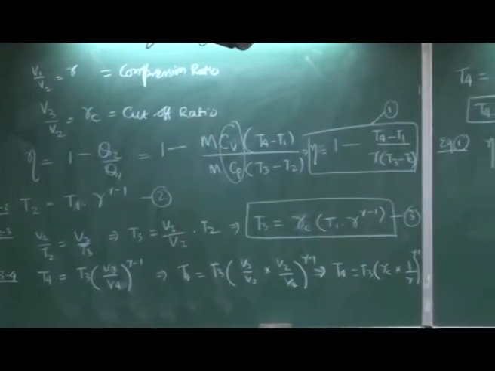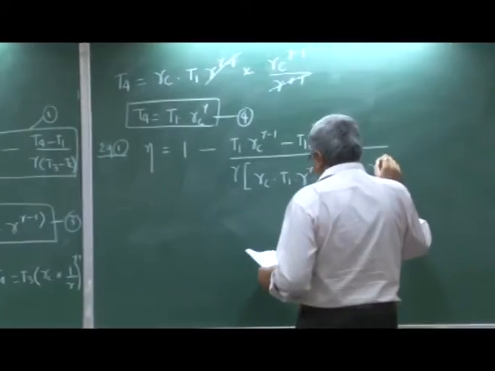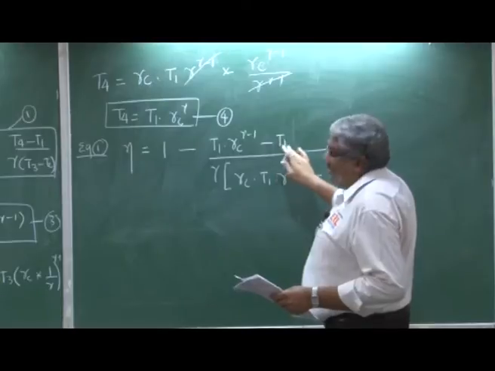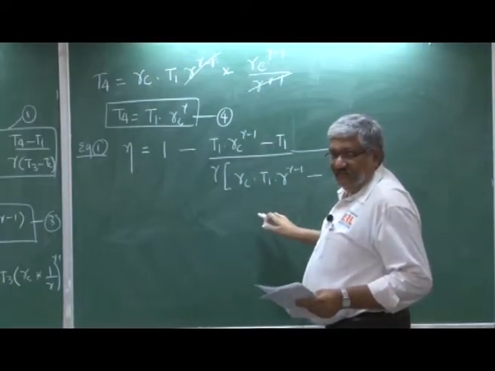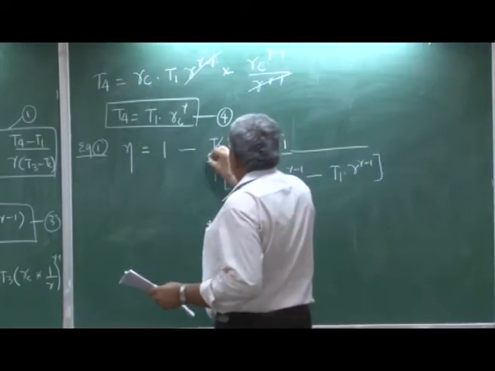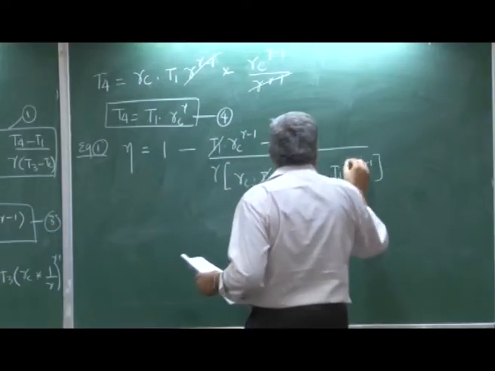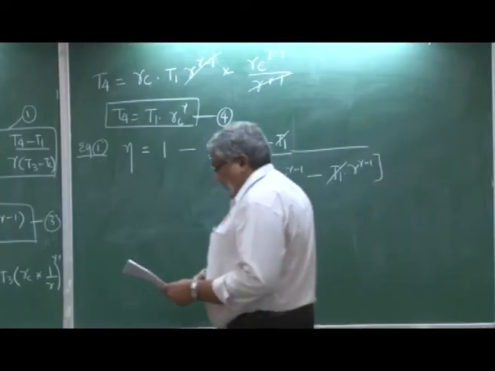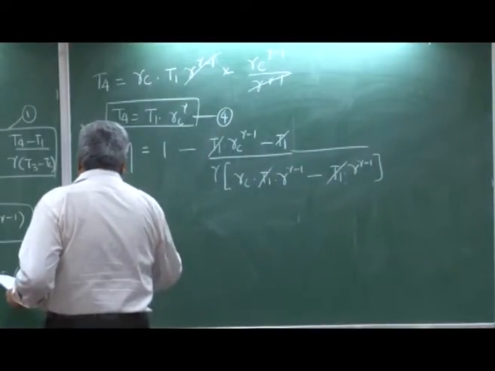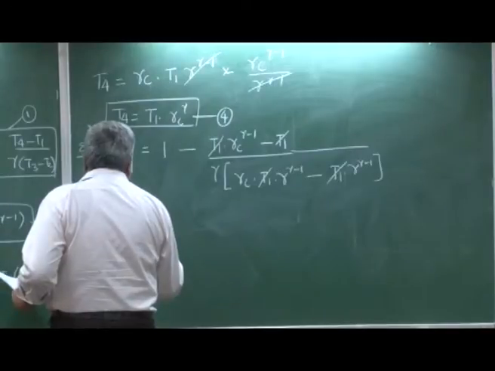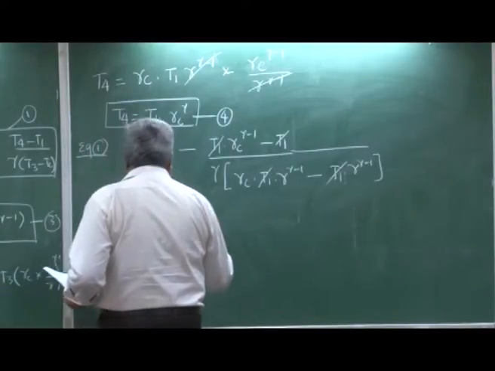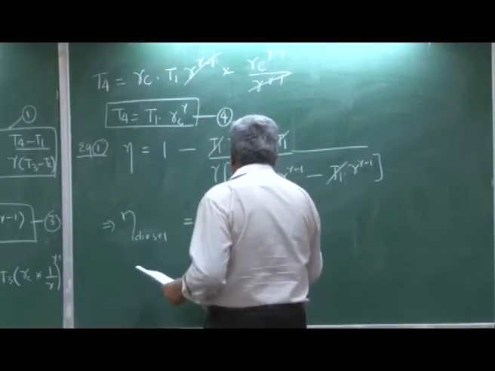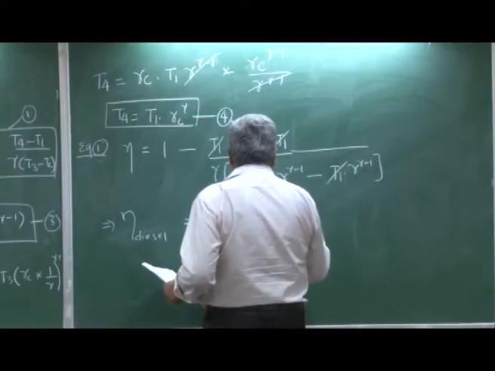All these 4 terms have T1, so I can take it out and cancel it. Finally I write the efficiency of the diesel cycle as 1 minus rc to the power gamma minus 1